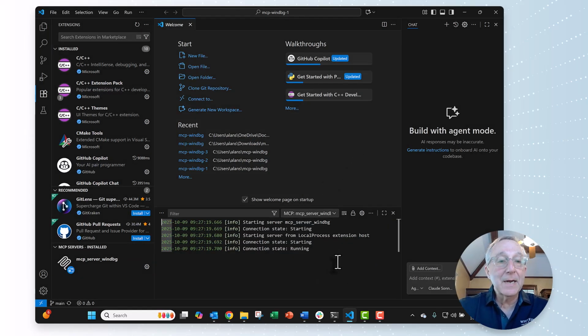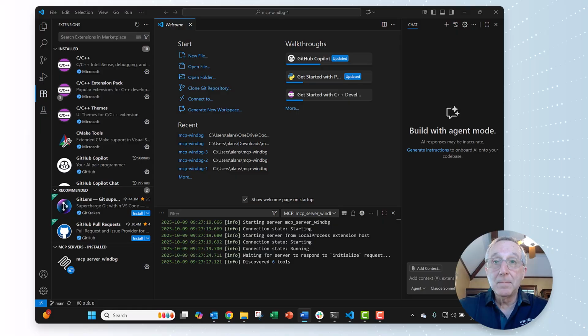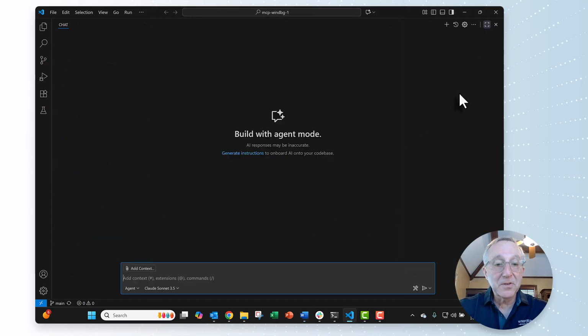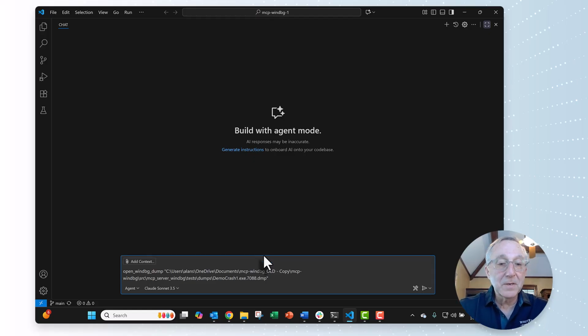So we'll get that up and running, and then once we're there, we can actually, for example, get our project started. Okay, so there, we've done all the necessary steps to set up. I now have an enhanced command set available to me to access WinDbg. So I can, for example, use Sven's open WinDbg dump command, which accesses this demo crash 7088 dump, and